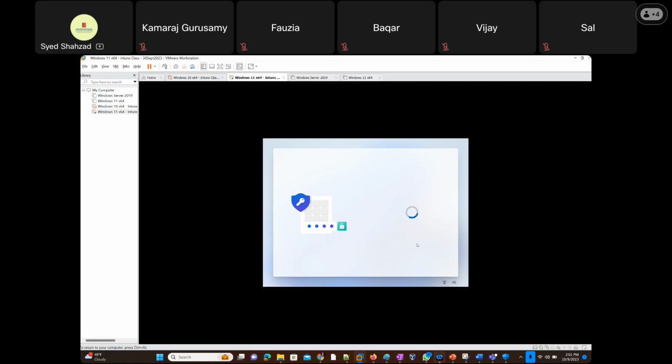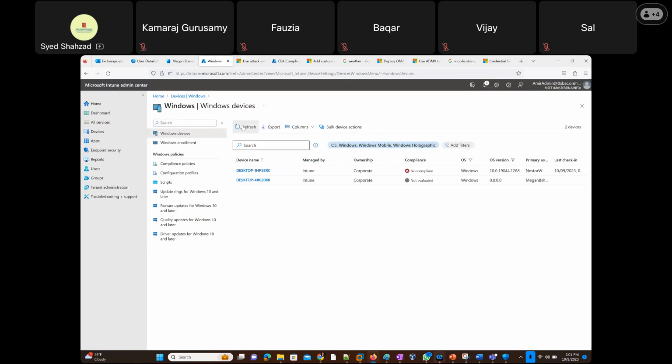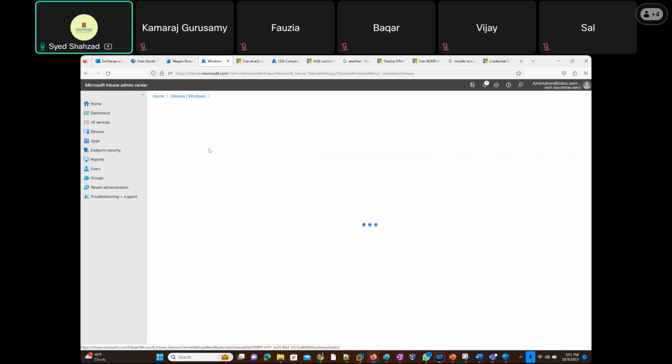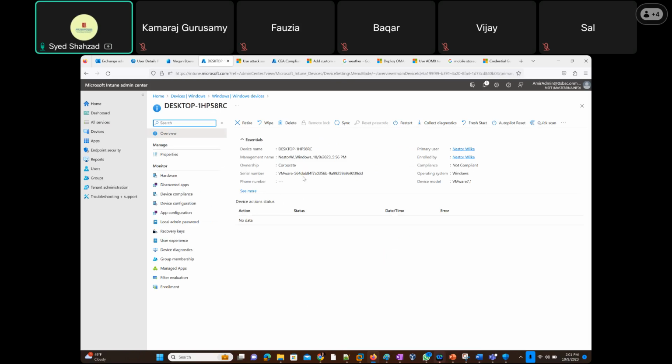Okay, so it's now going to ask for Windows Hello, and that's taking time. If we go check out Intune, Nestor is non-compliant, but this means that it's one stage ahead of Megan, which is not evaluated yet. Do you have any policy at all? So if I go for non-compliant for Nestor, which is running on Sal's machine, so it's a VMware,